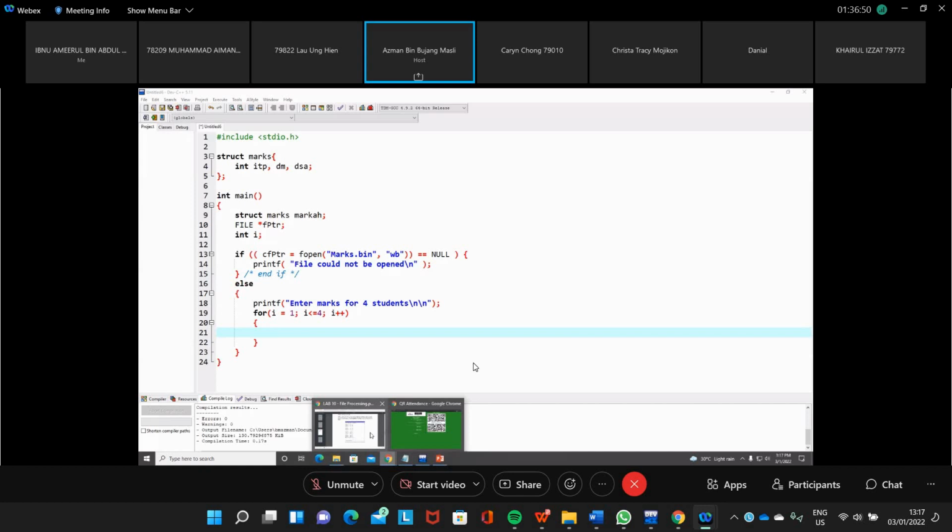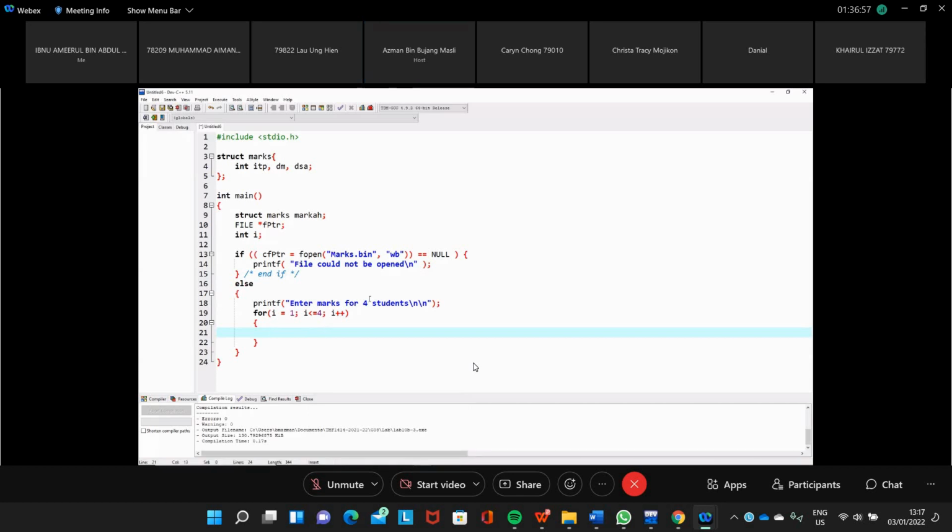Student 1, ITP, so a for loop is good. printf, student number 1, this one is ITP, so the user will enter the marks there.